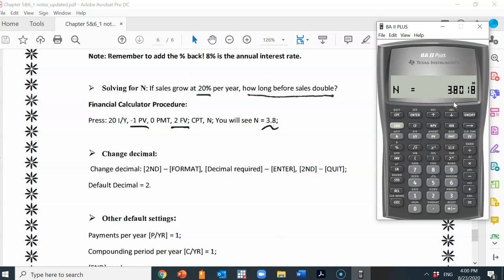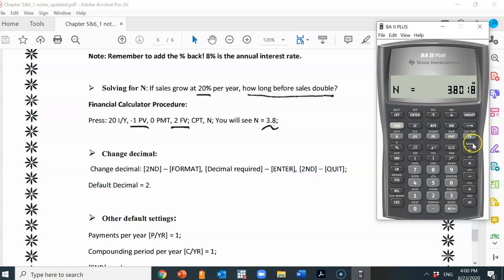It takes 3.8 years for the sales to double. If the sales today is 1, it takes 3.8 years for it to become 2. The growth rate here is 20%, similar to the interest rate. If the sales today is $100, it's going to grow to $200 after 3.8 years if the growth rate is 20%. So that's the future value of a lump sum, present value of a lump sum, solving for I, and solving for N